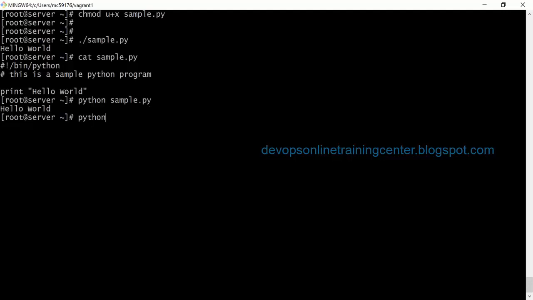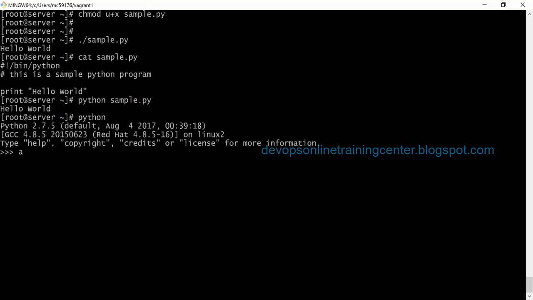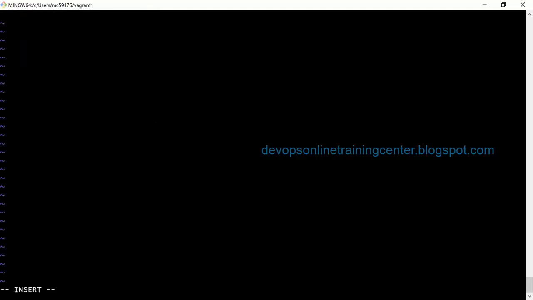Let us say if you want to add two numbers, a is equal to 100, b is equal to 200. Just say a plus b. So this will print the output on the console, right? So the same thing I want to write inside the program. Let us say sample2.py, right? So again I'll write bin python.